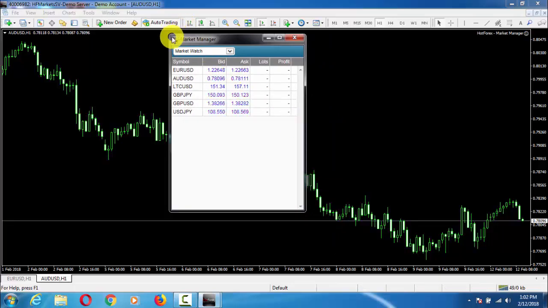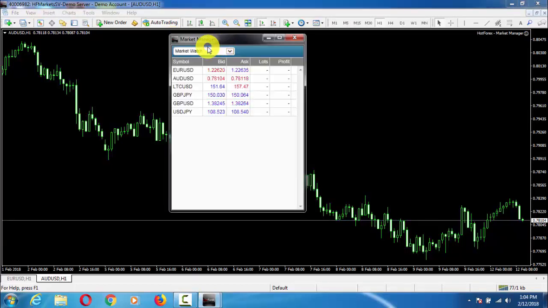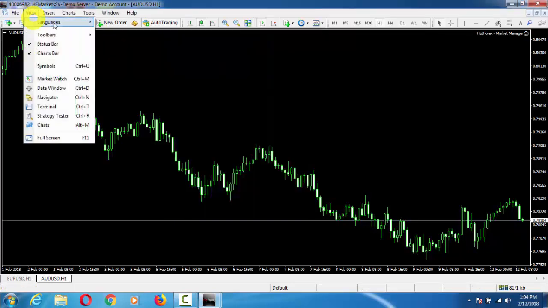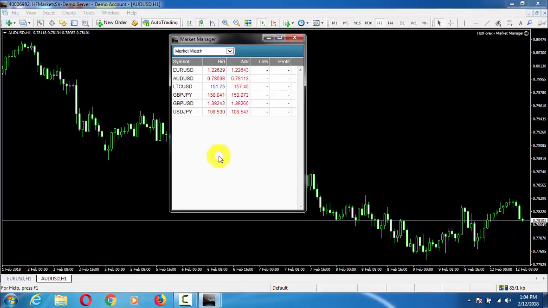Another thing is that you can also pin or unpin it whenever you want. Just click here. Market Manager always uses the default language of MT4. If we want to change the language, simply go to View, Languages, and select the language which you want, but right now it supports only some specific languages, not all.